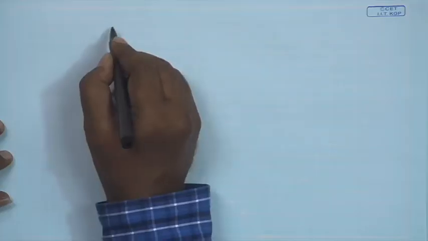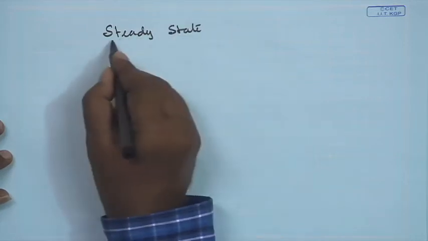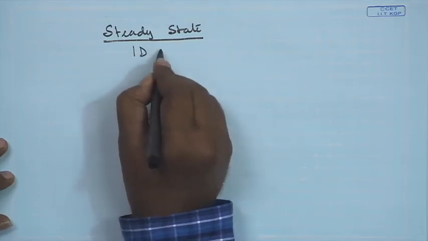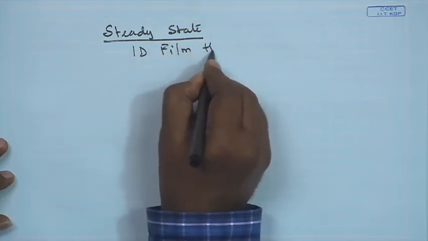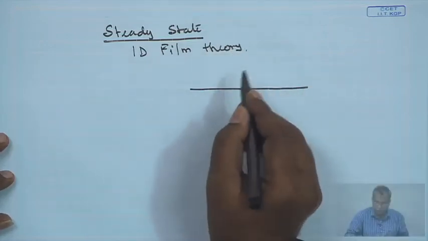In the second case, there may be solutes which are gel forming from the very beginning of the process, like polyvinyl alcohol and pectin, which are well known gel forming agents. In this class we will look into the various modeling approaches of gel layer controlling filtration. The first one is the steady state model, and this will be the same as the one dimensional film theory model